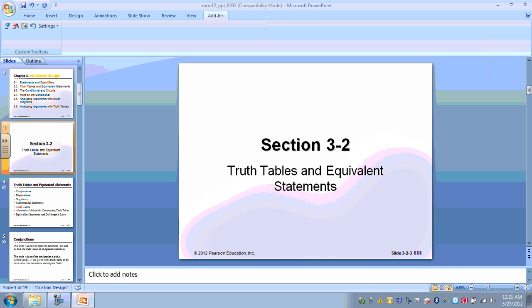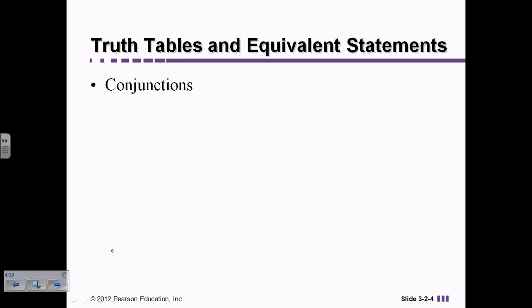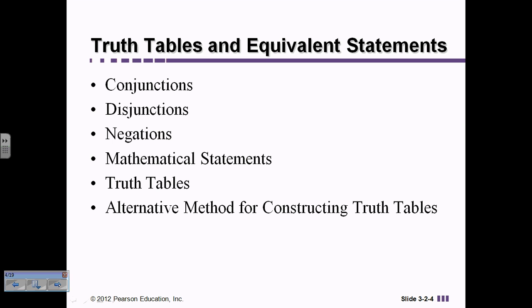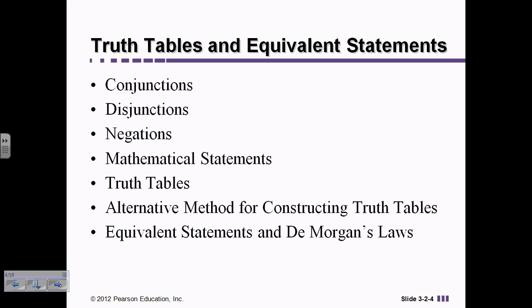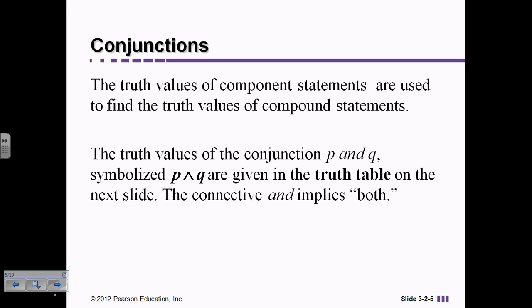We're going to be talking about section 3.2 today, which is about truth tables and equivalent statements. So we're going to be talking about conjunctions, disjunctions, negations, mathematical statements related to those, truth tables, and we're going to talk about something that's equivalent and also De Morgan's law again. So with conjunctions, we're talking about, again, using that symbol, the upside down V, and or using